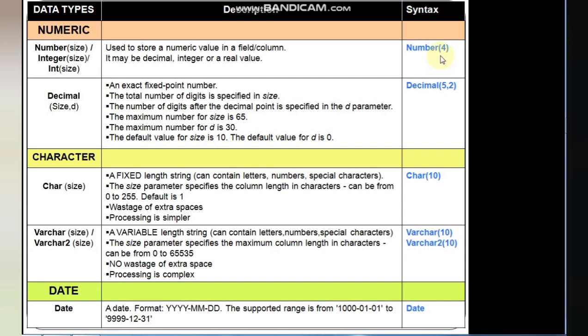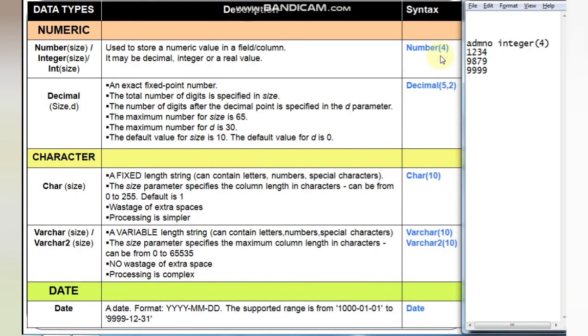So let me give an example to you. Suppose you have admission number and you have given integer as the data type, and the size you have mentioned as 4. Now what kind of data can it take? It can take any number which can hold 4 digits, like 1234 or 9879, and 9999 is the maximum number.